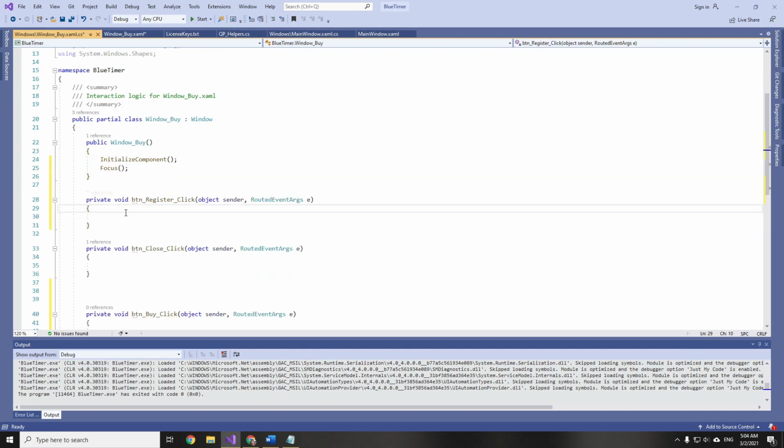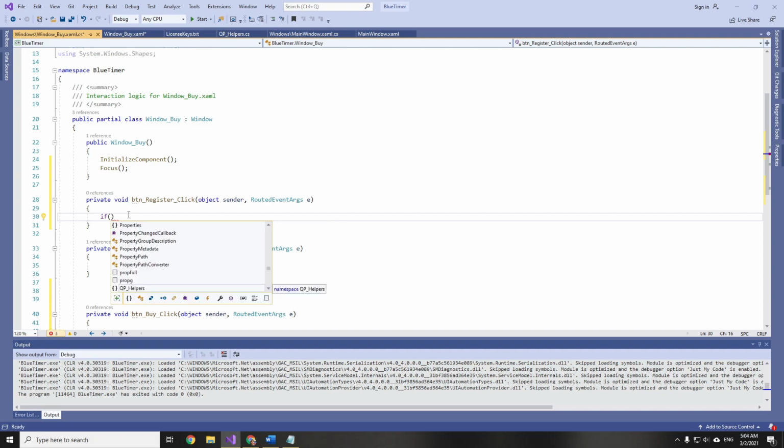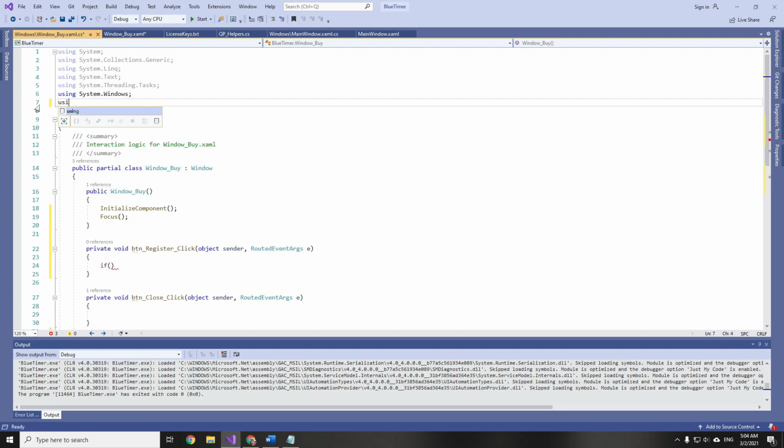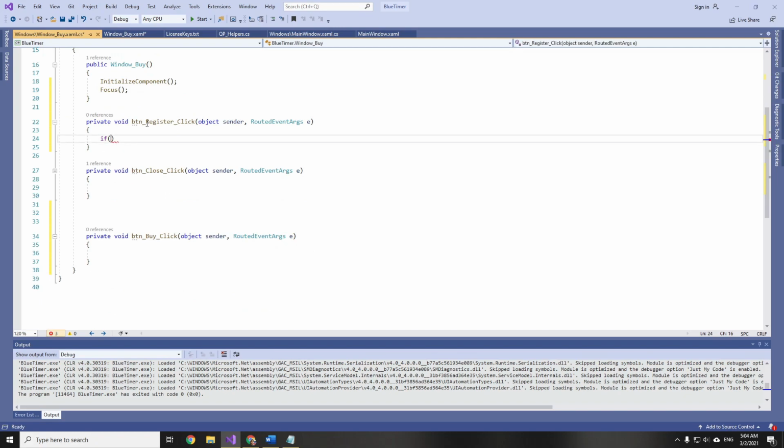Well, when we click register, we check if, let's create a shortcut here. So using qp equals qp helpers. So if qp is licensed, and we check tb password.text,